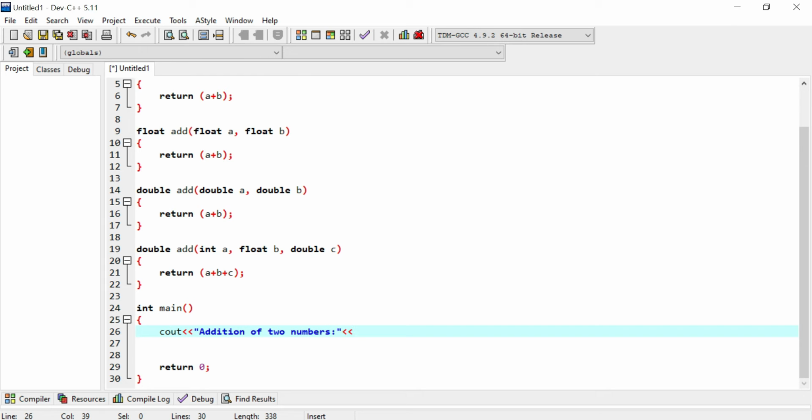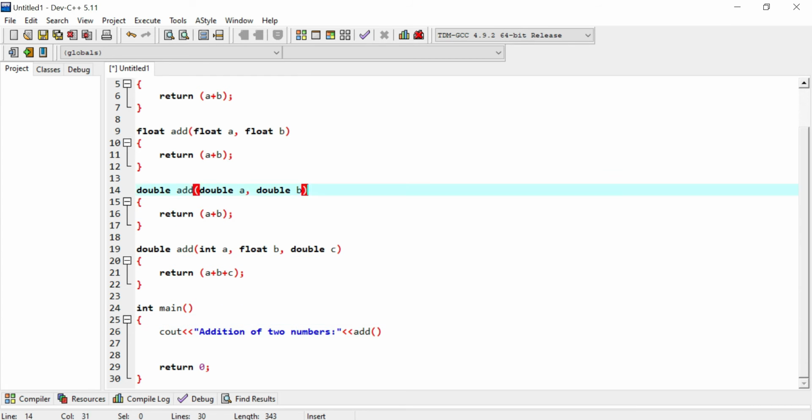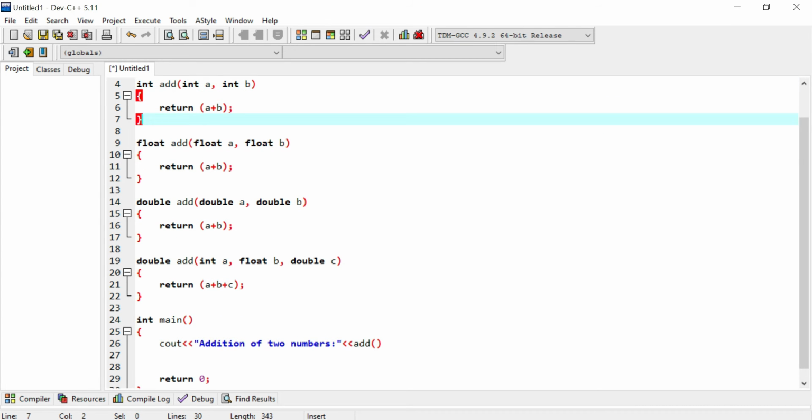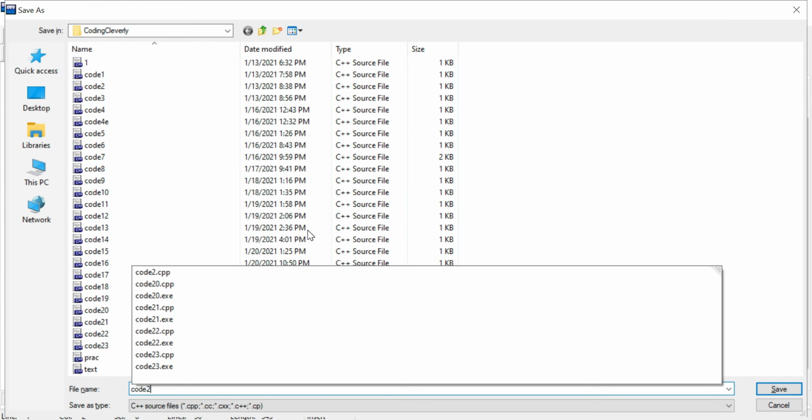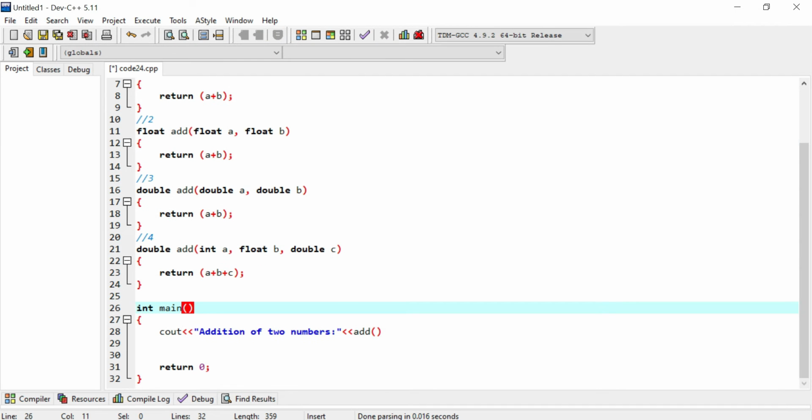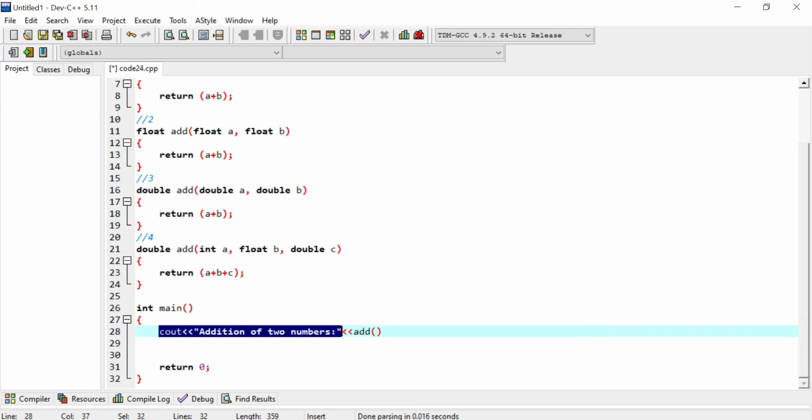I would give the input over here. So I would say A plus B. I would say add, and then I would give the addition to this. So I would basically want to save this code in the beginning. So I would save this. I would put over here code, and I would give over here 24. So essentially, I created a prompt that says addition of two numbers, and it invokes the add function,